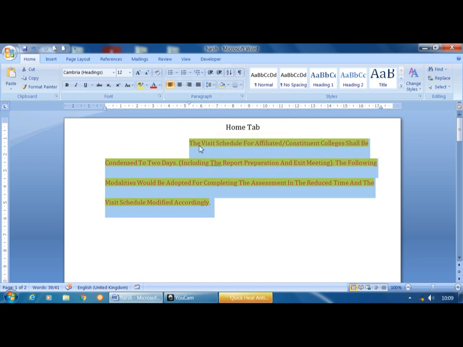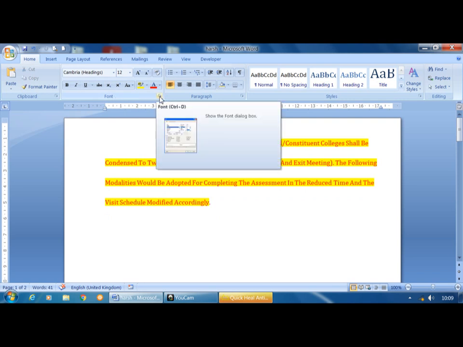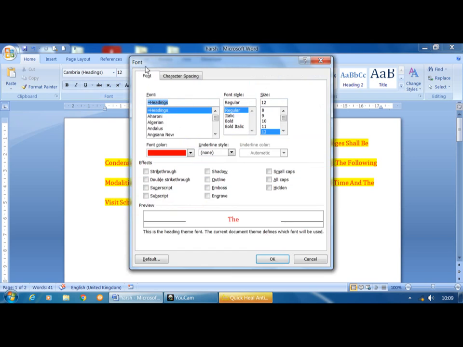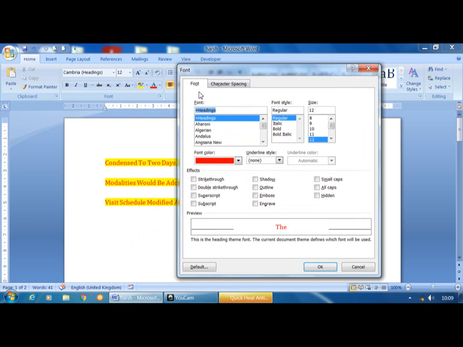And if I want to put space between the letters, at that time in the font group, to open the font dialog box, there is one more option. Just click on the arrow mark and it opens a font window. Here again the same options are available: font name, style, font size, font color, underline color, and different effects.